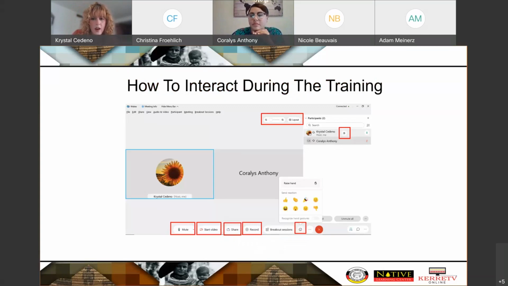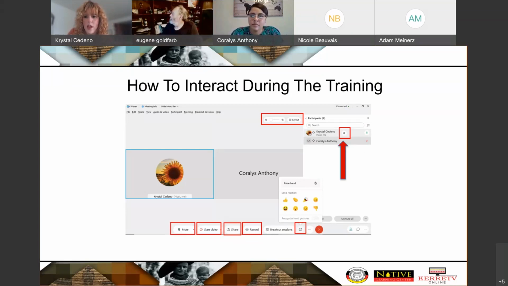So with that, there should be arrows, right? Yeah, go ahead and click next, Eugene. Okay, there we go. So you have a raise hand tool right there where that red arrow just popped up. That's a great tool to get our attention if you need it. Then the next arrow that popped up will be the reactions that we have available. So you can do thumbs up, hand claps, and so on and so forth. Then you have the option to mute and unmute yourself, which is that third arrow that popped up. Pretty easy, just click it, make sure you select your correct audio preferences and microphone preferences.